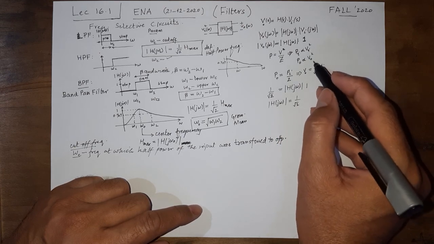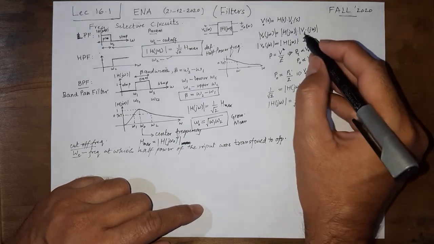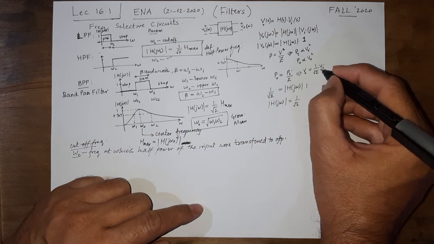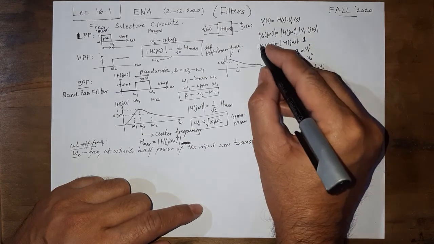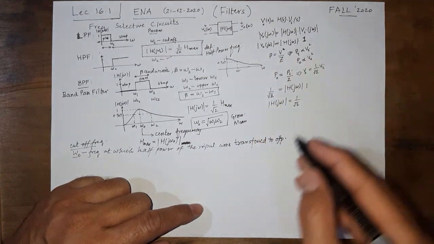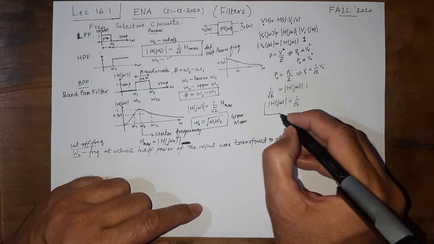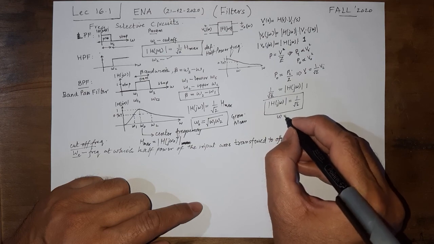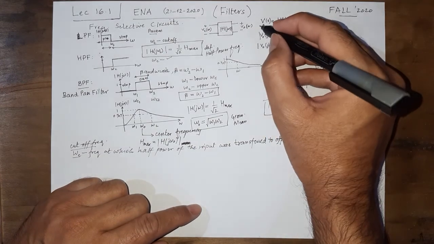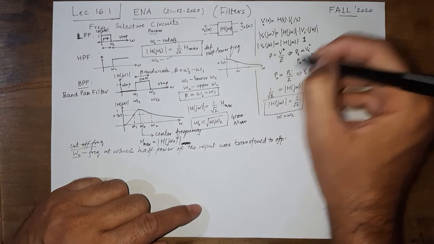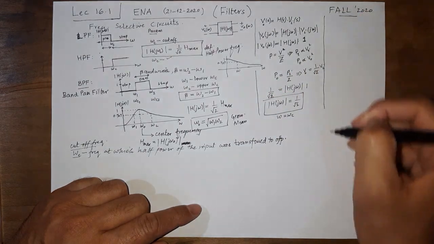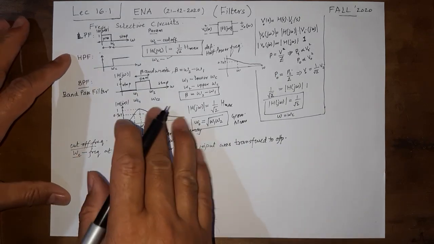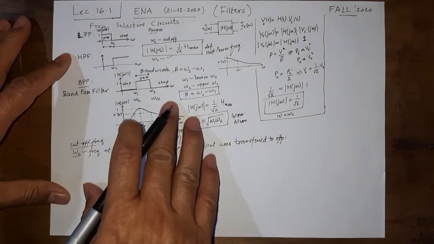Why? Because of this very definition. We can see this because V naught must be equal to 1 over under root 2 Vi. So if we have Vi here, we will have 1 over under root 2 Vi cancels and we still get the same thing. So this was how the definition of cutoff frequency was found to be the half power point. And this definition is across the board for low pass filters, for high pass filters, for band pass filters.